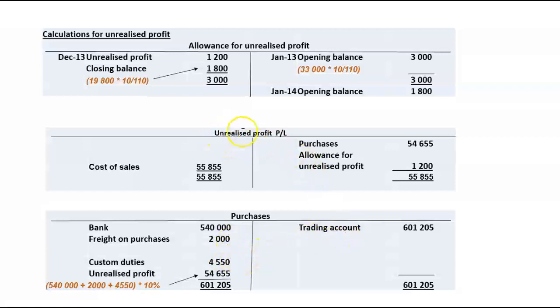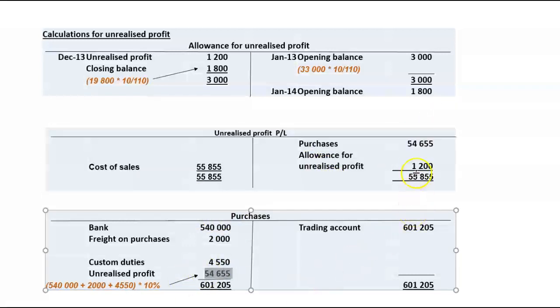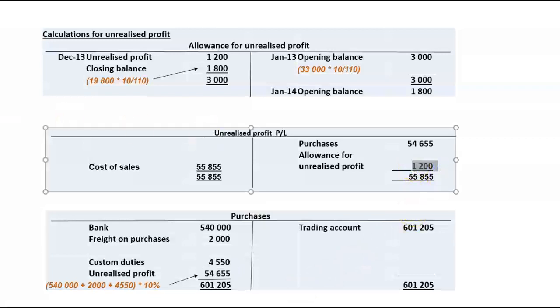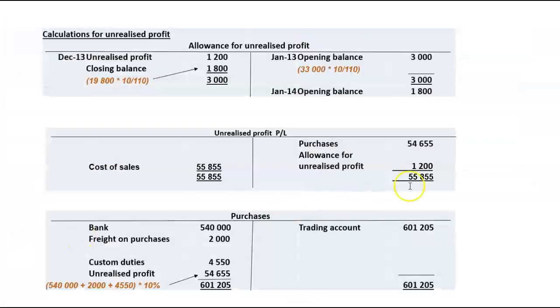The only other one that we have to finish off now is this account. And what is this account? That is all the unrealized profits, and we have to adjust our cost of sales amount with the unrealized profit that was lying in our books. So that 54,655 we said we received from our purchases account. That 1,200 we have received from our allowance account. So therefore the balance on this account, the 55,855, still needs to be transferred to cost of sales or